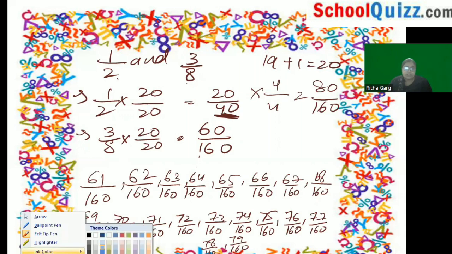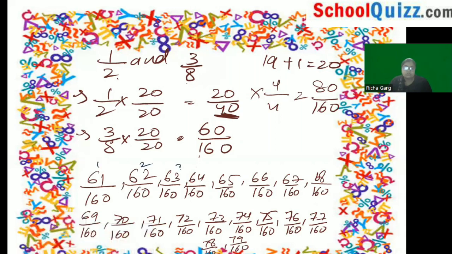Let's count whether we have the correct answer or not. 1, 2, 3, 4, 5, 6, 7, 8, 9, 10, 11, 12, 13, 14, 15, 16, 17, 18, and